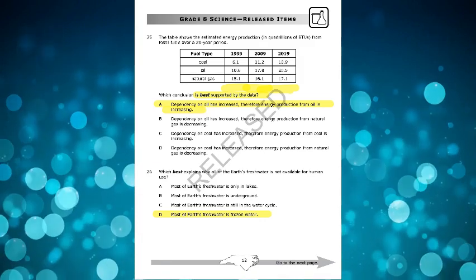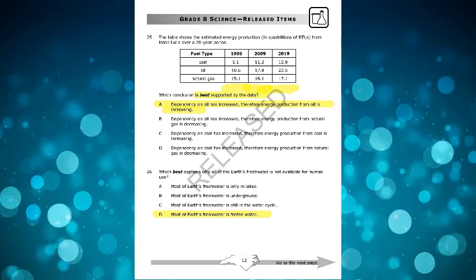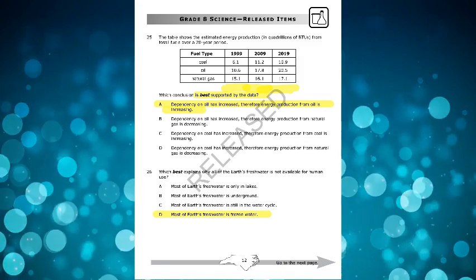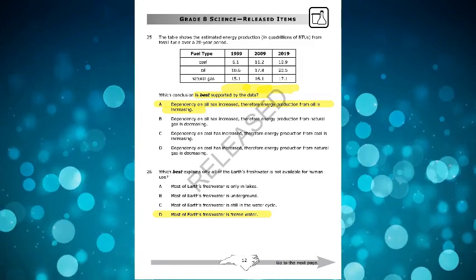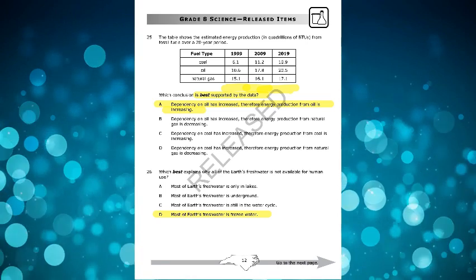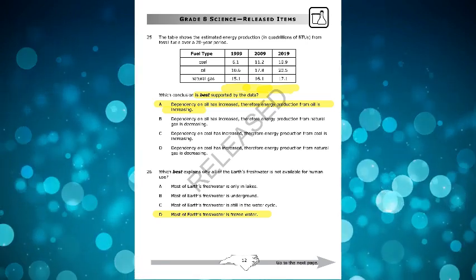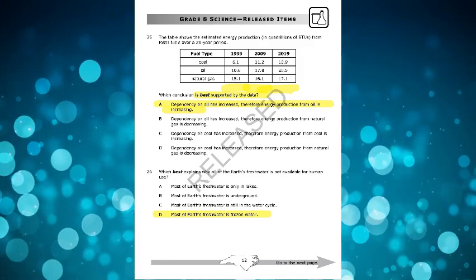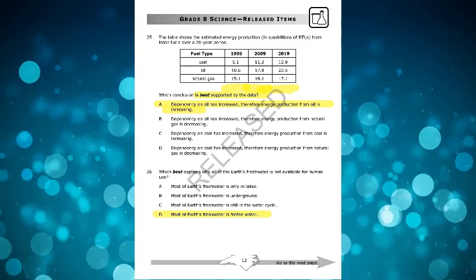So, which best explains why all of the Earth's fresh water is not available for human use? And that's because most of Earth's fresh water is frozen water. Remember that. Think back to when we talked about icebergs and glaciers and things like that. That's the majority of Earth's fresh water, in its frozen state. Now, of course, we have rivers and lakes and things like that. However, the majority of fresh water, which again, only 3% of Earth's water is fresh water, of that 3%, the majority of it is actually frozen, not available for us to have quick access to.